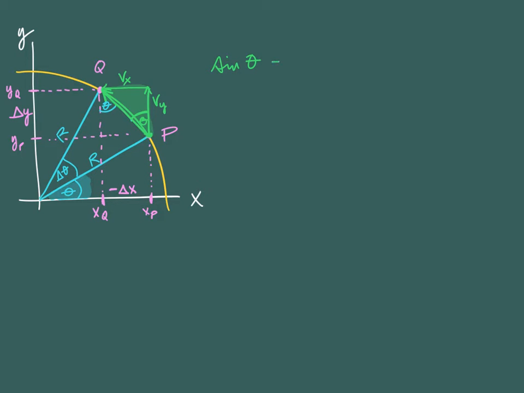I could think of sine of theta in terms of speed, but I'm going to think of sine of theta as opposite of theta, Vx, but the same thing down there on the x-axis would be that delta x. So sine of theta could be written as this negative delta x,